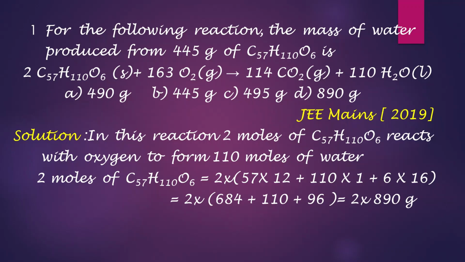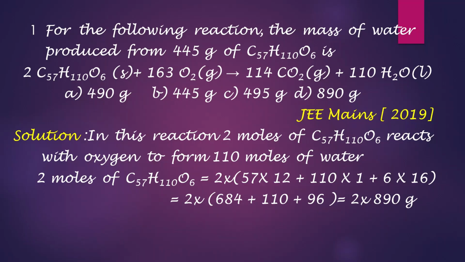Okay, now this is obtained by adding the gram atomic mass of each of these atoms present in one molecule of the compound. Now in this compound there are 57 carbon atoms, so multiply this 57 with the gram atomic mass of carbon, 12. Okay, similarly you multiply 110 with the gram atomic mass of hydrogen, that is 1 gram. Similarly multiply this 6 with gram atomic mass of oxygen, that is 16 gram, and add all these, you will get 890 gram. And if you multiply this with 2, you will get mass of 2 moles of this compound